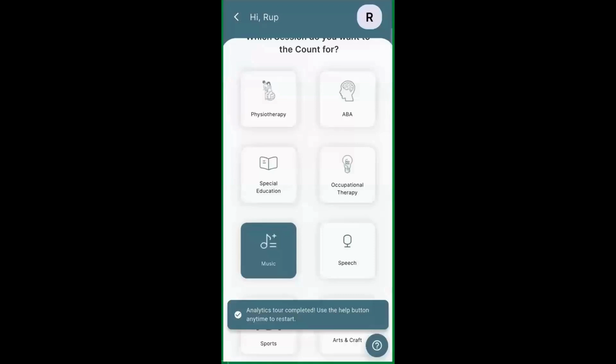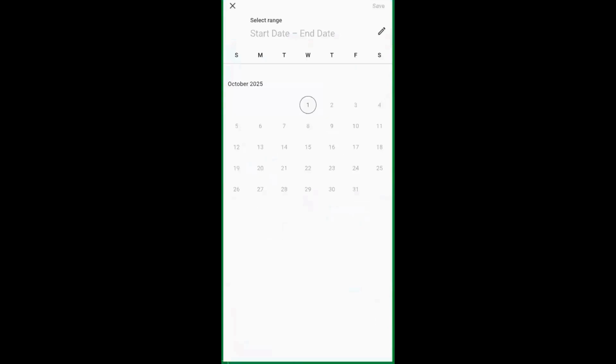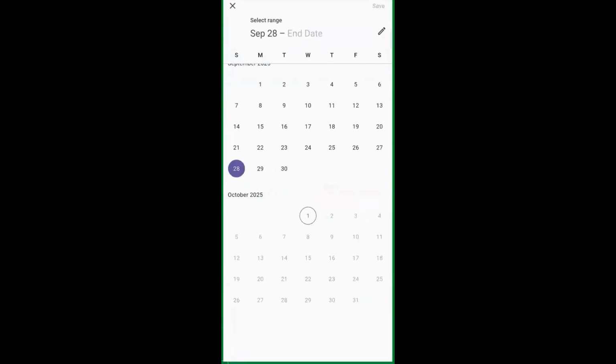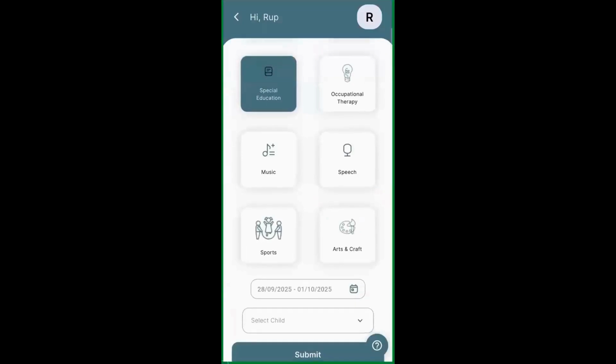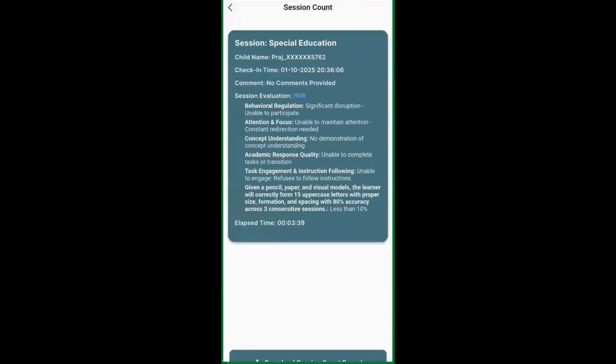Here is a quick walkthrough about the application. The retrieve session counts help the therapist and educators to see the progress made by the child over a period of time. So I have picked a range here, and you would see, since there was only one check-in session for this particular learner, you'd be able to see my comments. I have not commented here, so it is empty, but other options are there. You would also be able to see the elapsed time, which is 3 minutes. You can download this right now,